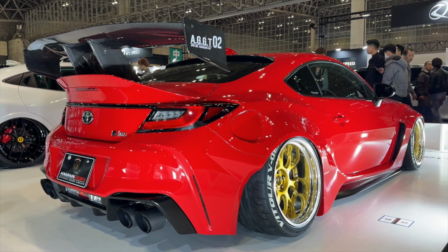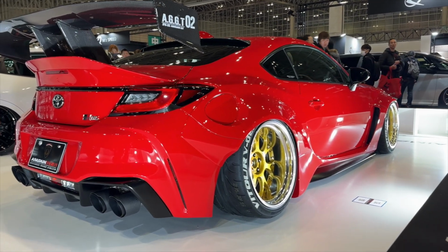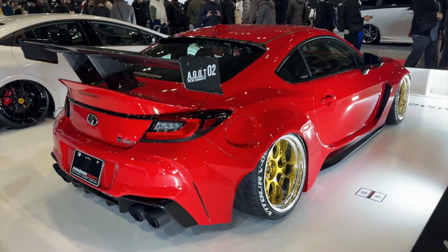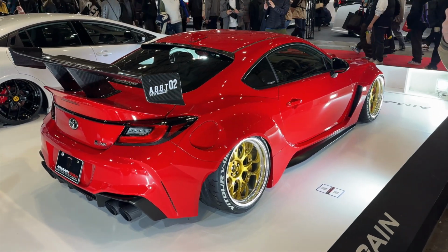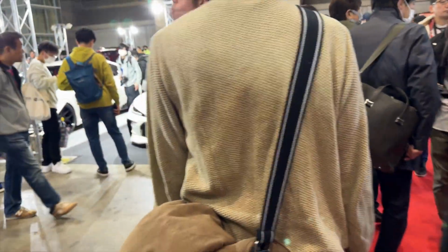Take another look at the 8.6 from the back. Pretty dope car. We saw this ripping around in the States. Seemed to be badass. Okay, and I wanted to come back, give this